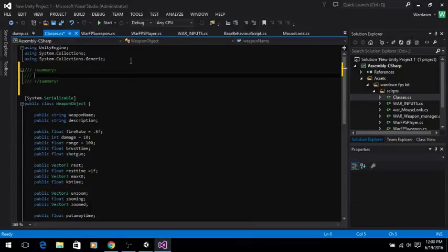And you can make a summary in here like so. Let's just make sure this is what I want. Right here. Weapon object is a class